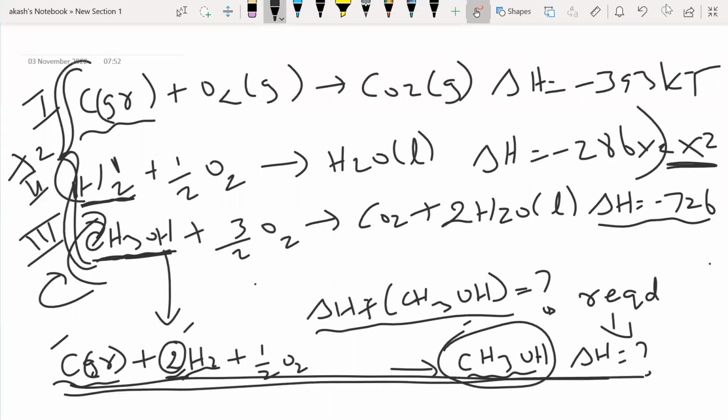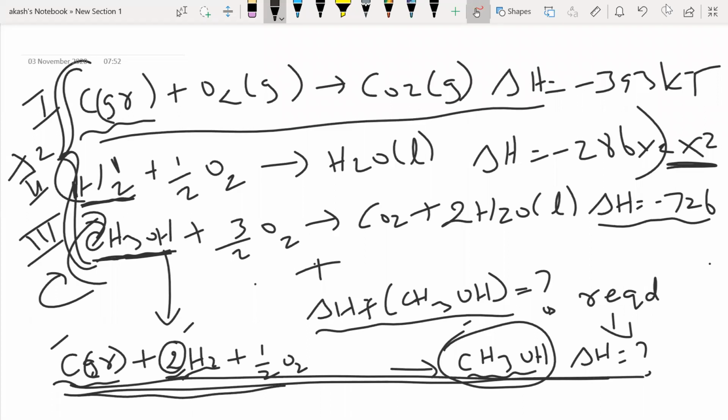You have multiplied the second equation by 2 and you did nothing to the first equation. First equation is as such, right? Now what do? You just add all these 3. Whatever the operations you have done for the equations, just add all these 3. Just add. Okay, and tell me whether you are getting this equation or not.